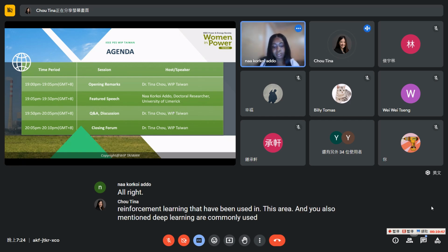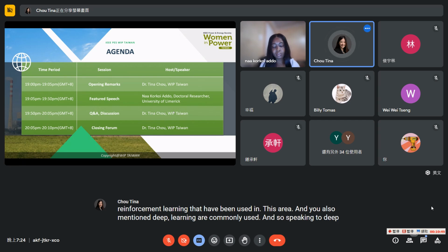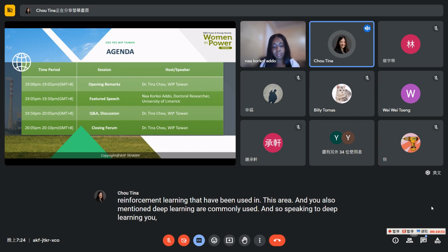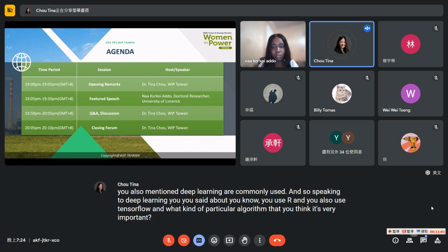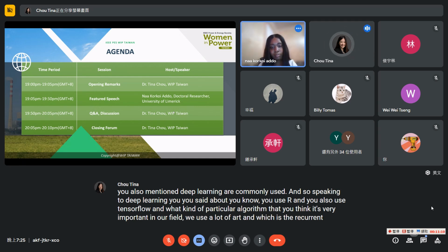So speaking to deep learning, you said you use R and you also use TensorFlow. And what particular algorithm do you think is very important? In our field, we use a lot of RNN, which is the recurrent